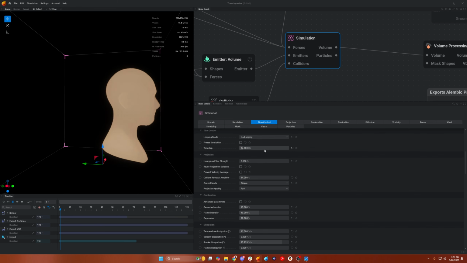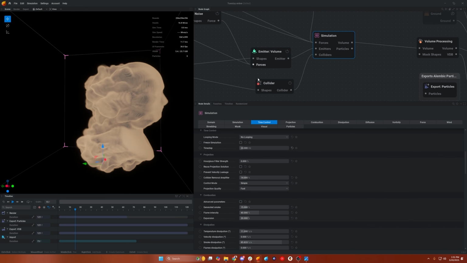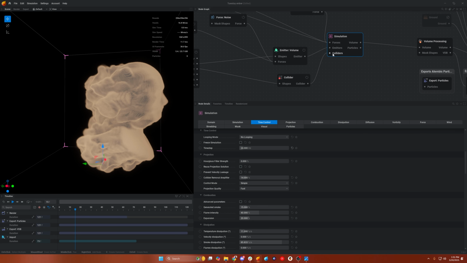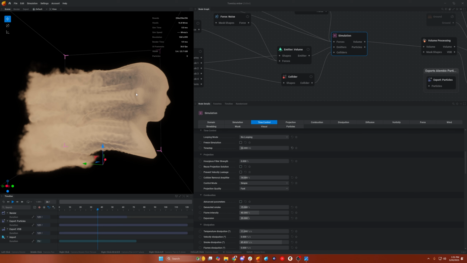So 24 seems to make sense if your frame rate is 24 frames a second, right? You'd say, I want every frame to have one calculation. The problem with that is it's not actually enough calculations to get a smooth look. It means things are going to jump from one spot to another, which is why you're seeing this gap here in the ears. So if we wanted to smooth that out, we could add more calculations, in this case 48,